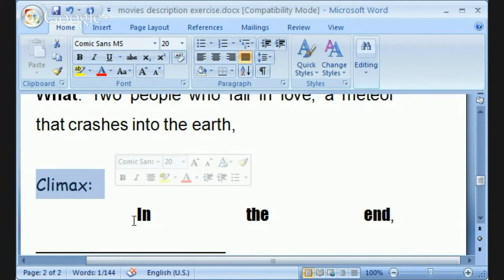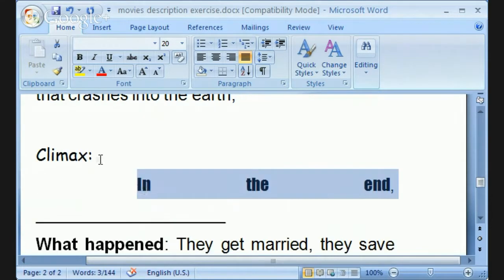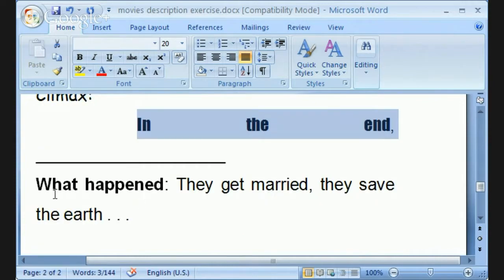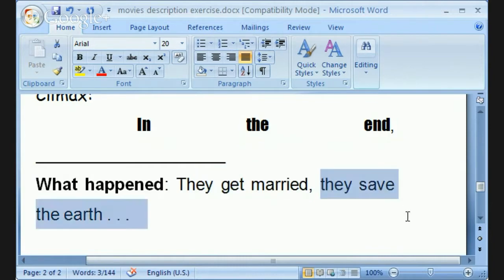A movie without a climax is, well, basically a really boring time you spend eating popcorn. Okay, we might introduce the climax by saying, in the end, what happened? Okay, they get married, they save the earth, and Bruce Willis gets killed again.